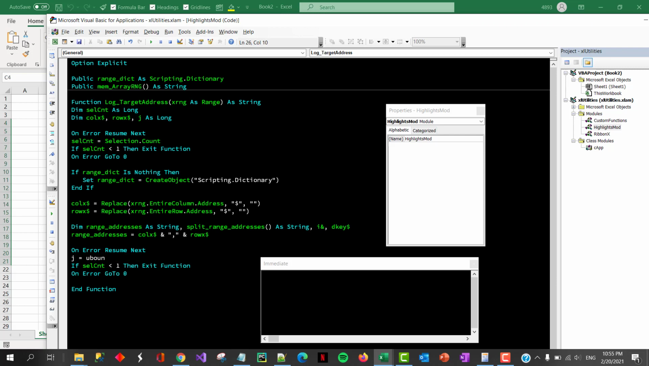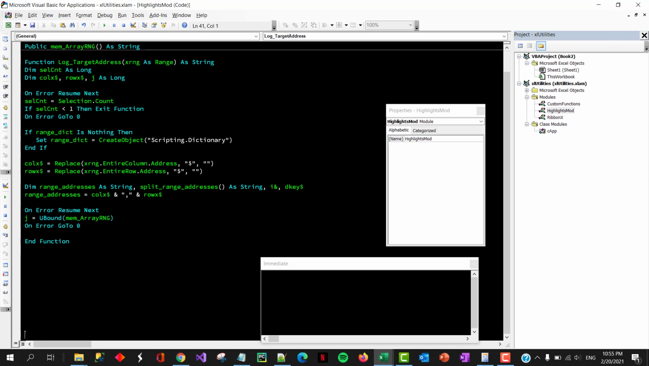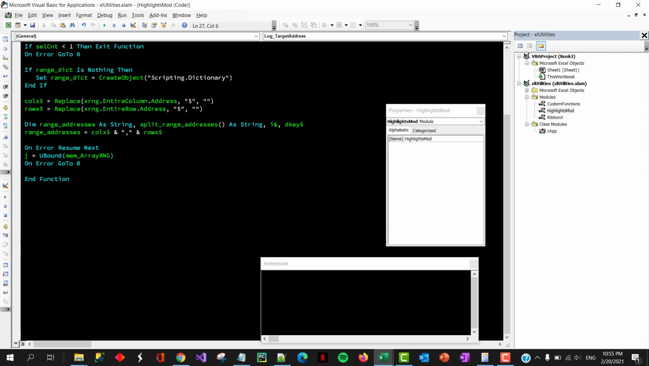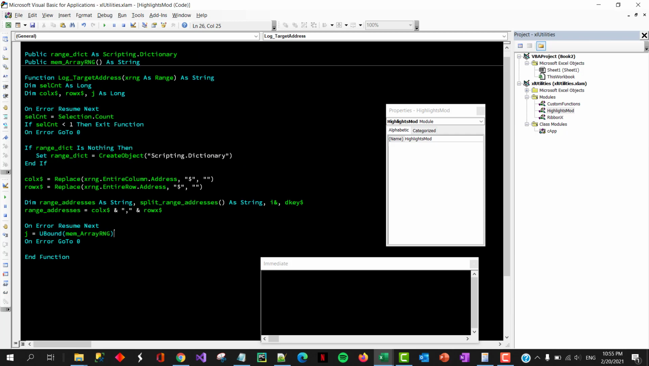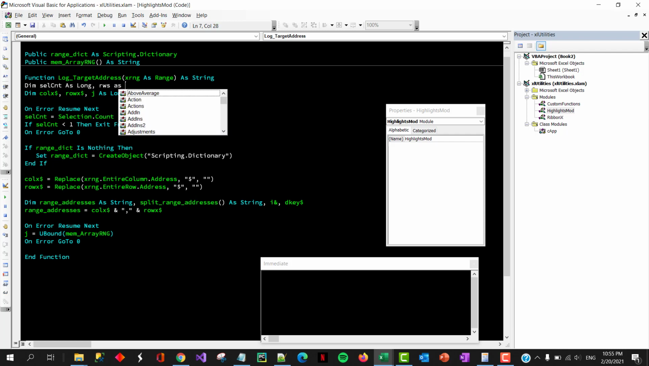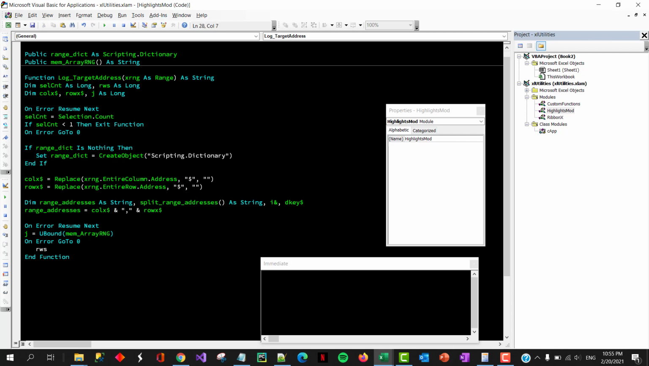This will just check the upper bound, just to check if the address already exists. I mean, the log already exists so that we can append further. And then now we can also have rows as long, and then row is gonna be